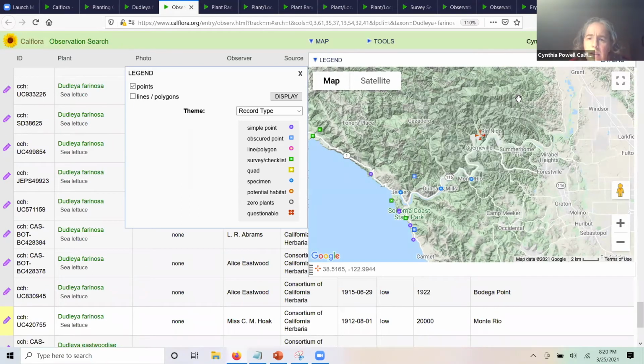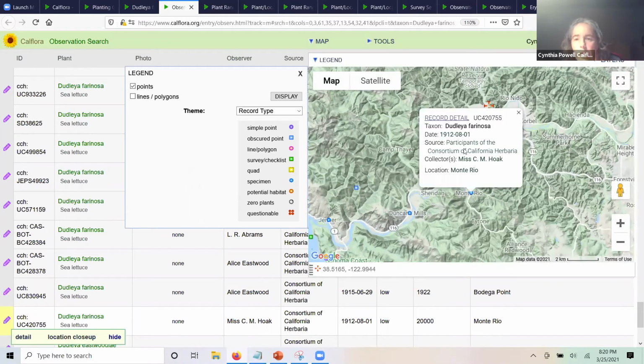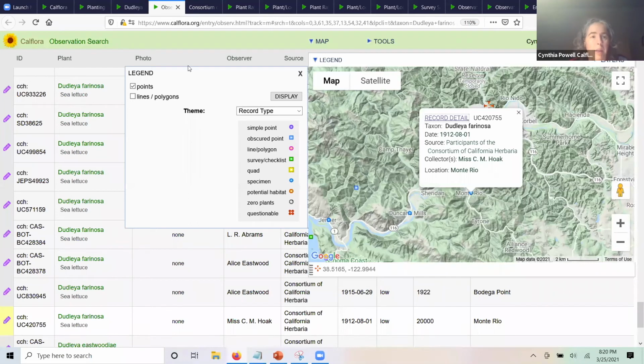I don't think in 1912 they had such good georeferencing, and you can drill down. So go to record detail. The only thing they had for location description was Monterio, and then Berkeley took that description and added a very precise lat long to it. So it looks like it's actually at that location. It might not be, but